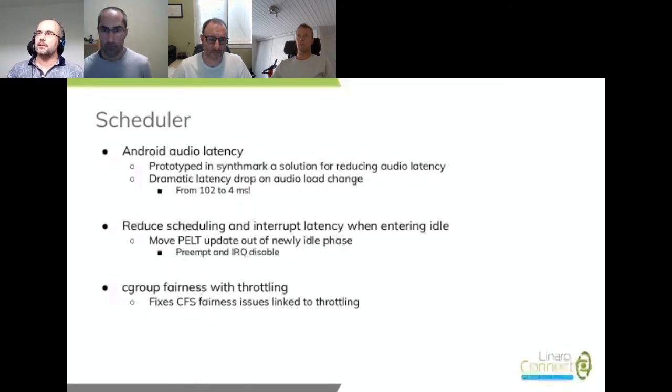During the last six months, we have started an activity around the latency of audio rendering in Android, and especially how to handle changes in the audio load, like moving from a light number of voices to a huge number of voices, and how to handle that correctly from a frequency scaling point of view.